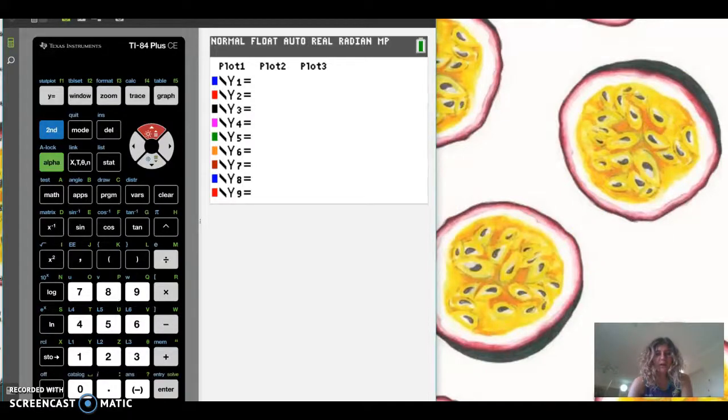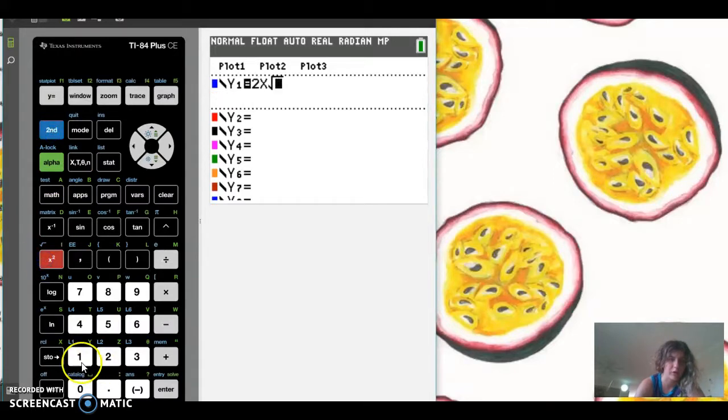Okay, so hopefully this is working on my computer, and we can see that we have our TI emulator up, so I can show you how to plug this into the graph. I'll show you the two different ways that we can go about doing it. So the first one is that we can just put in our original function. Say we want to put in 2x square root of 100